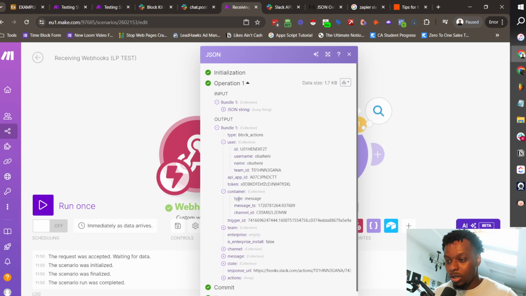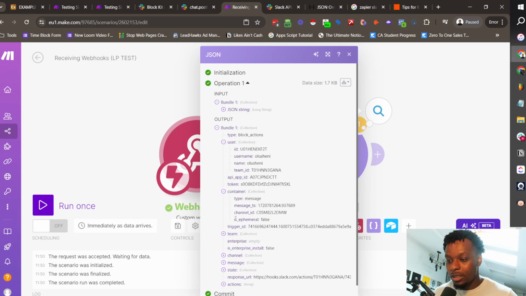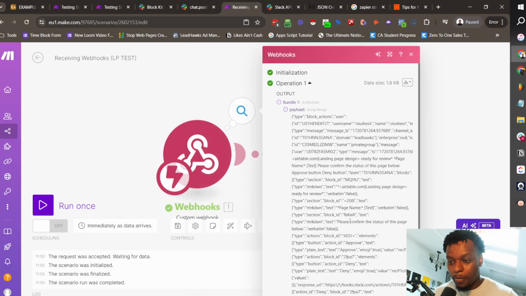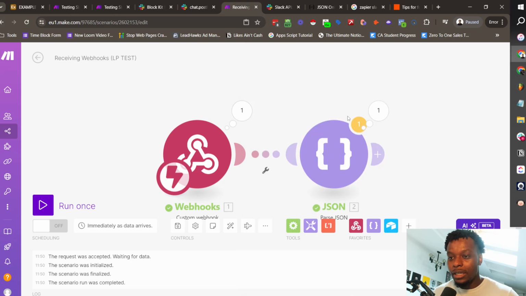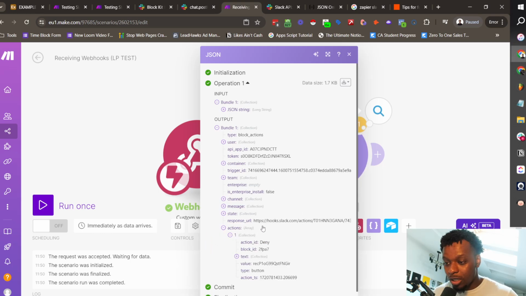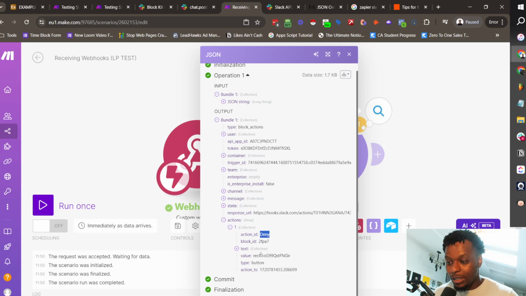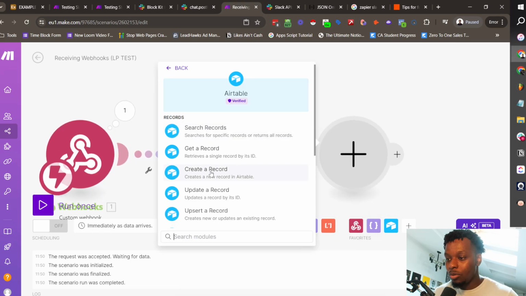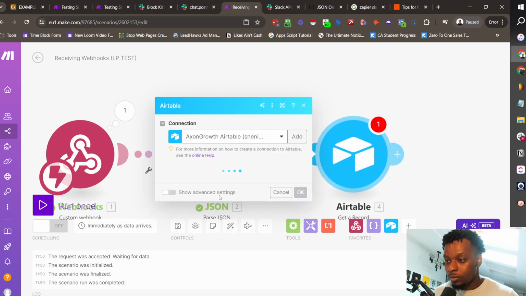We can click into the user, click into the container, click into the team, all of this good stuff. So this gigantic block of nonsense has now been split open into a bunch of key value pairs that we can play around with. And the one that we want to play around with is underneath actions. So the action ID is deny, and the value is the record ID. Just like that. So now we can go into Airtable, we can get a record